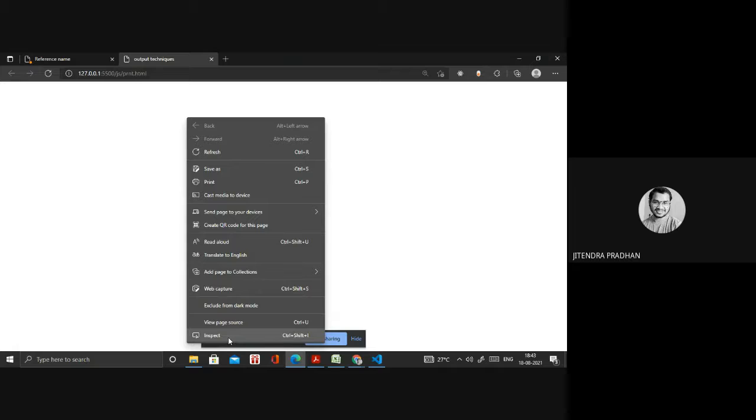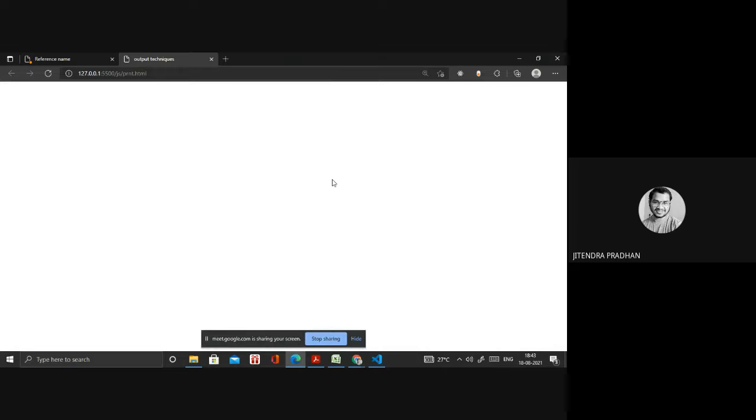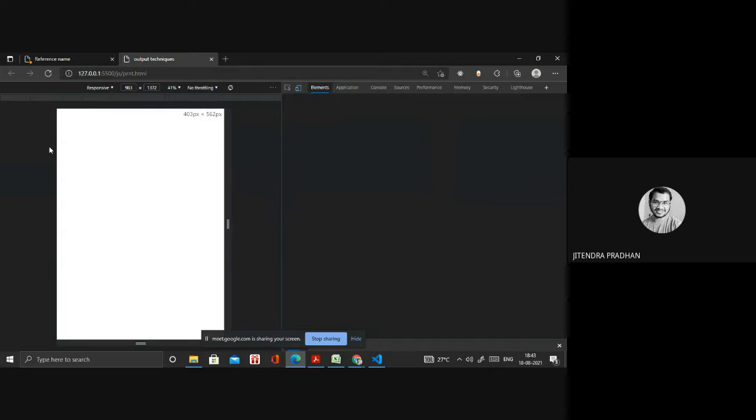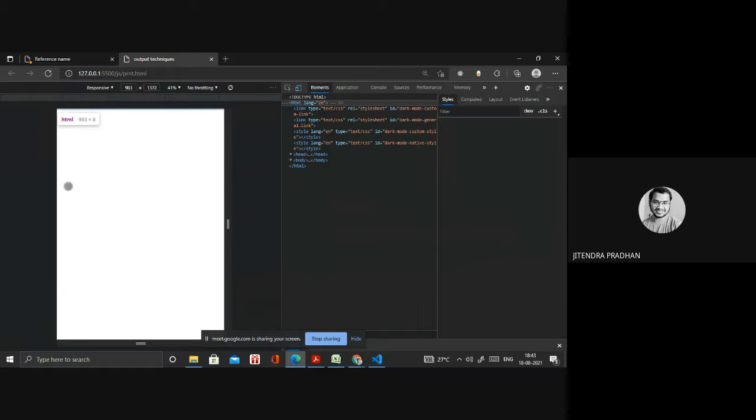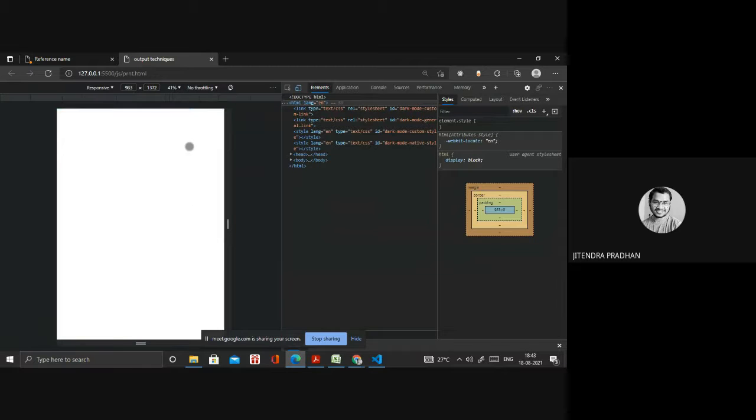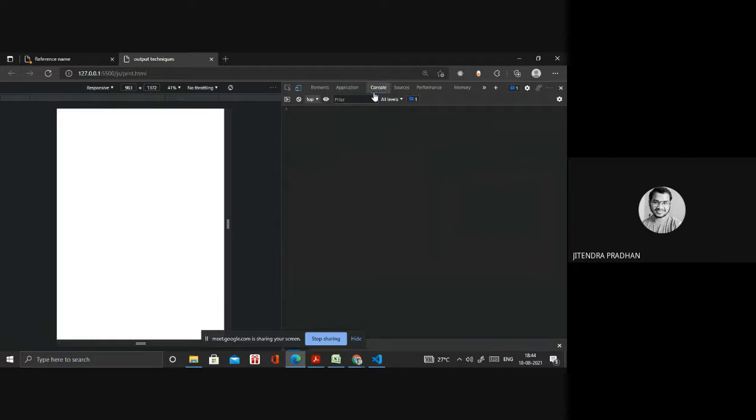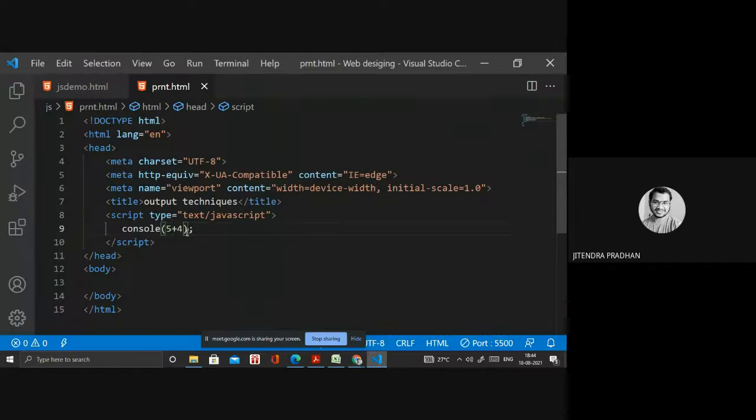I need to go to inspect. If it's not showing any data in the page, you have to go to inspect. Inside we have the console. Wait, it's an error, I'll check.